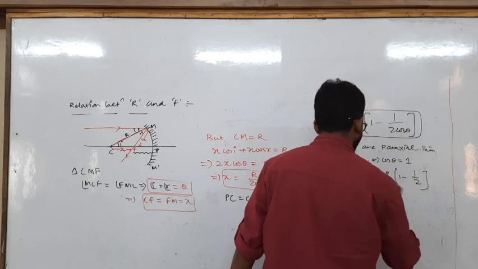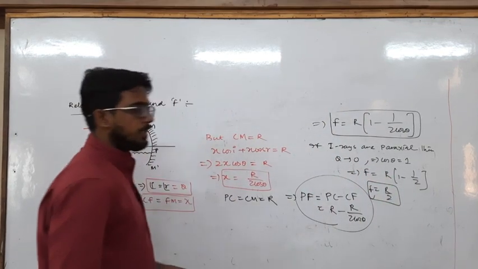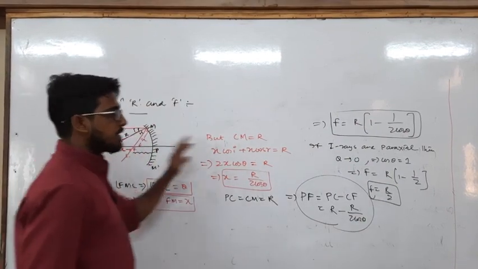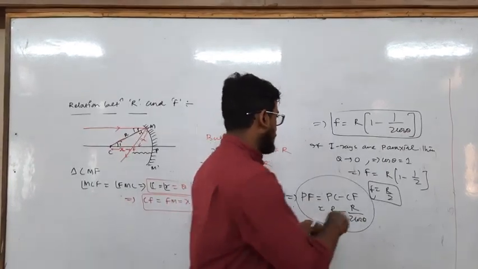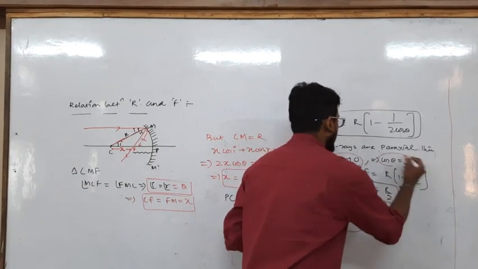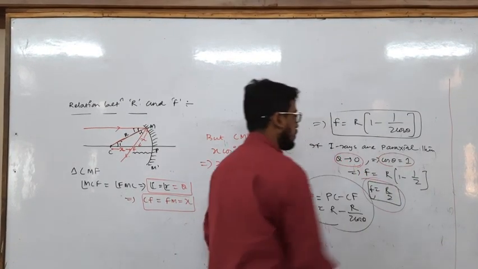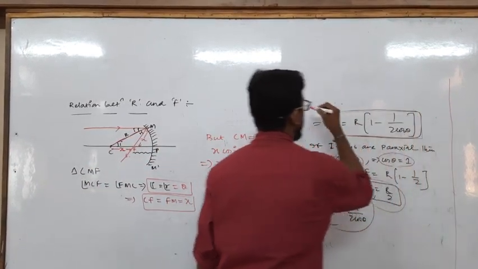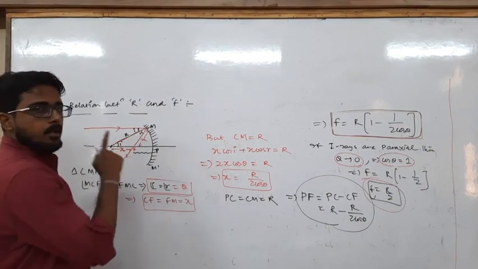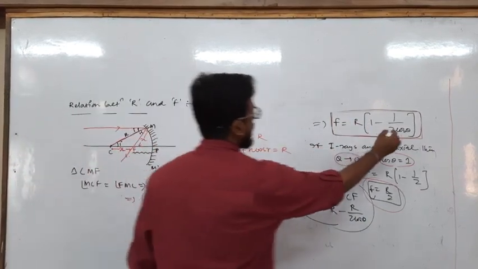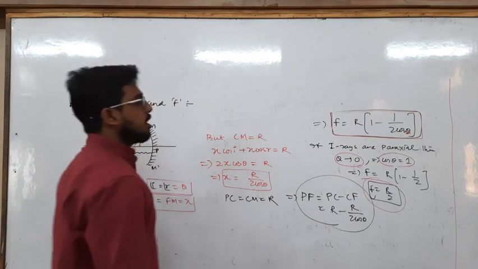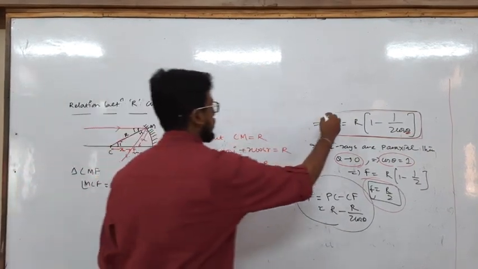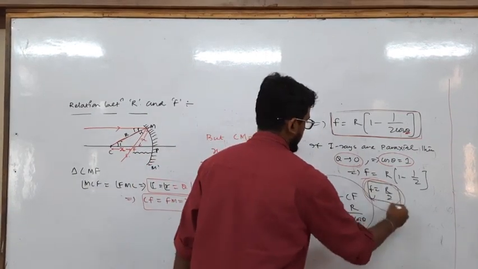So this is the relation between focal length and radius of curvature, and it's only valid for paraxial rays, because for paraxial rays theta tends to 0, so cos theta will be 1. So f equals R by 2. Clear? And the general relation between focal length and radius of curvature for any spherical mirror is the earlier one, where theta is the angle made by the incident ray with the normal at the point of incidence. Clear?